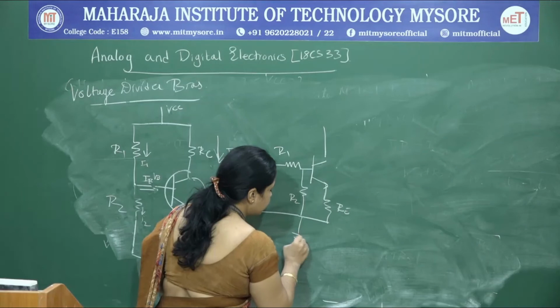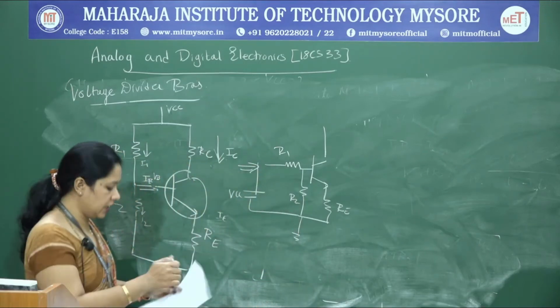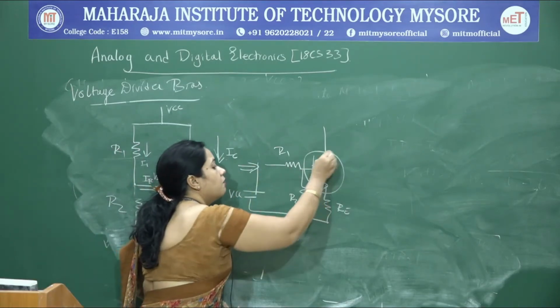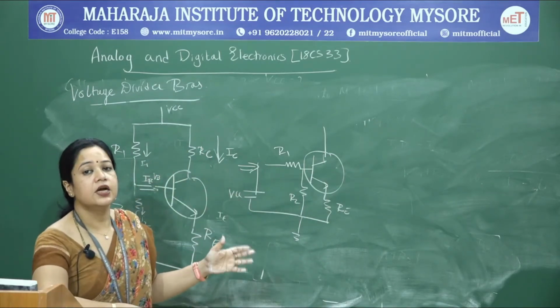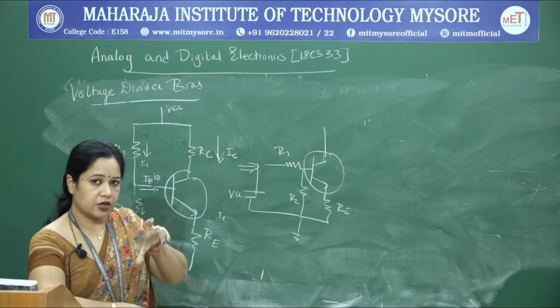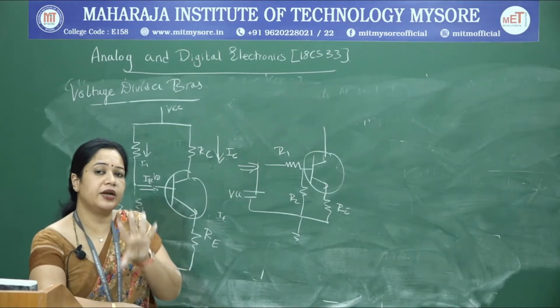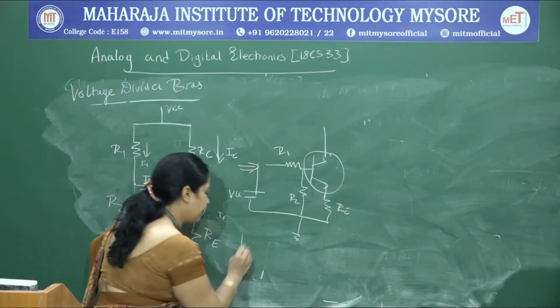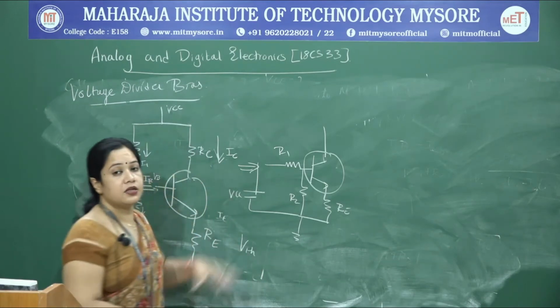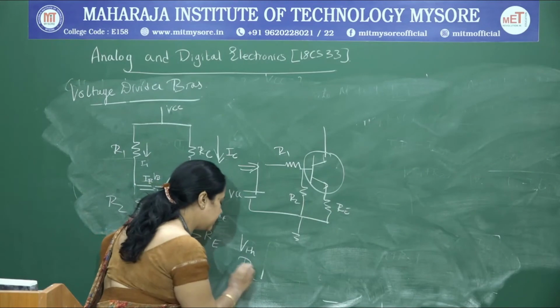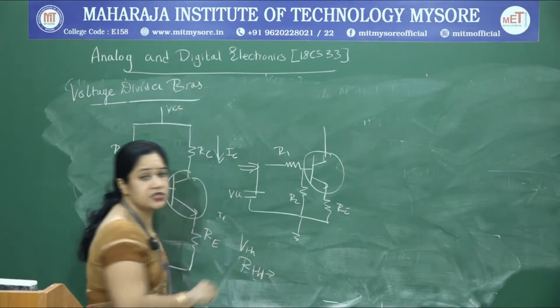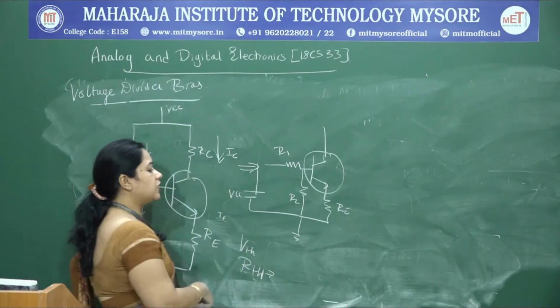So, according to Thevenin's theorem, if your circuit comprises multiple resistances and multiple voltage sources, it can be replaced with a circuit comprising a single equivalent voltage, which we call the Thevenin voltage, and the multiple resistances present in the circuit can be replaced with a single equivalent resistance called Thevenin's resistance. So, how do we do that?